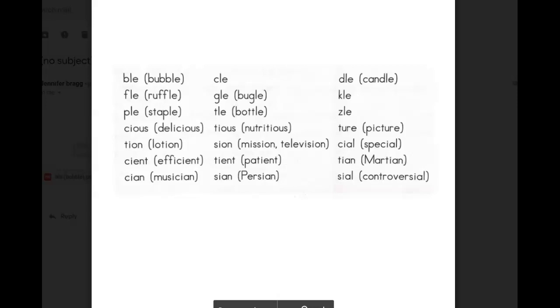We're going to work on lesson 138. This is a review of final stable syllables, prefixes, and suffixes. On the screen, I have some final stable syllables, okay? We code these. They are found at the end of words, and we code them with a bracket. We're just going to review these and talk about what they would sound like. So if you will echo after me, I'm going to go ahead and write final